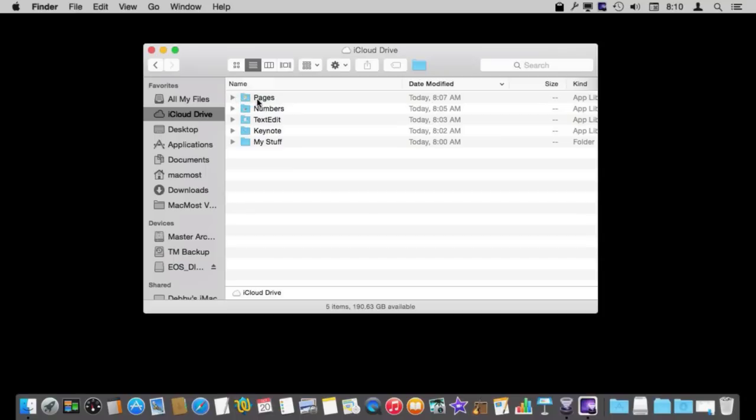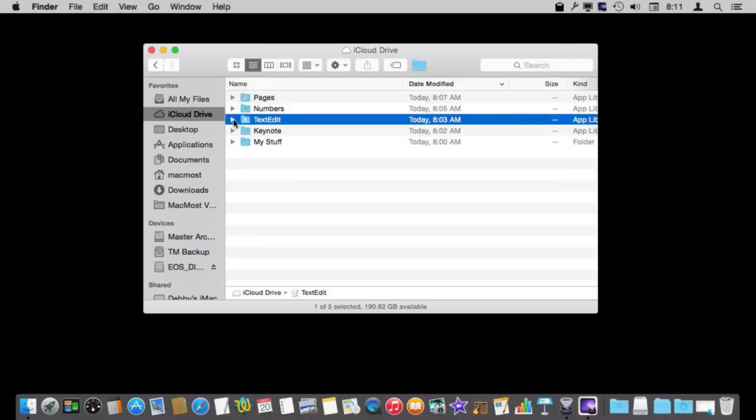So this is the Pages Documents area for iCloud, but now we can see it with iCloud Drive, and the same for any other iCloud Documents application, whether it's Numbers, Keynote, or some third-party app. You're also going to see apps like TextEdit that use iCloud, but there's no iOS 8 equivalent. There's no TextEdit app on iOS 8. So this is only really for sharing between Macs. If I were to use TextEdit to open a document in another Mac, say my laptop, then I would be able to see the same files that are in here in the TextEdit space.